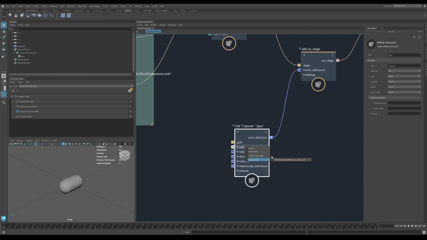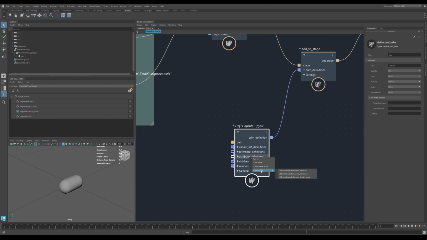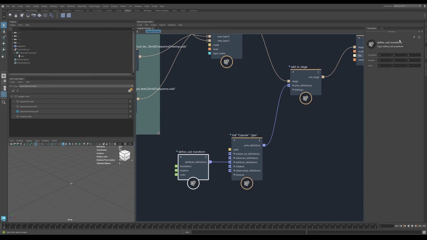So this is where I can add a variant set. I can add reference definitions as well. But the one I really want is attribute definitions. And this is very useful because this is where I can start adding parameters in order to transform this particular prim. So if I right click this, move down to create node, I can now add a USD transform. And this is basically giving me specifics of simple X, Y, Z values. So again, if I just take any value here in the X and type in 1, my capsule